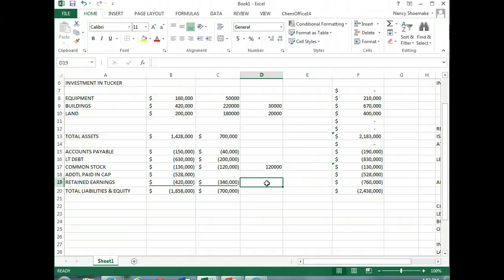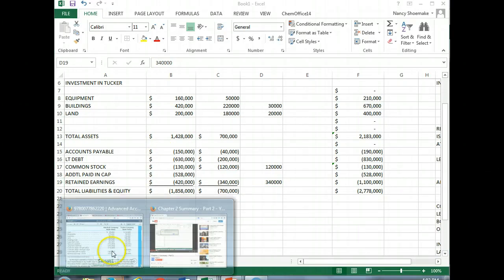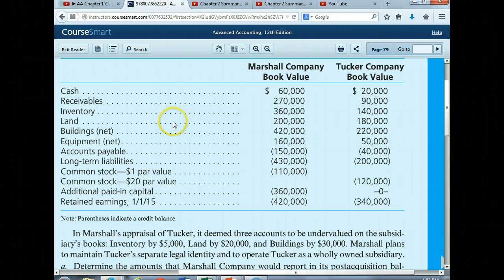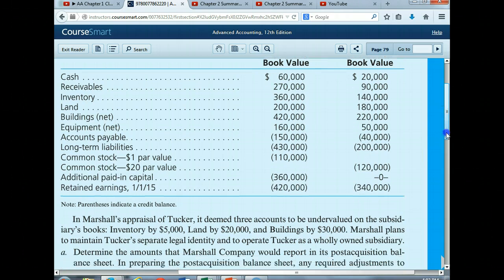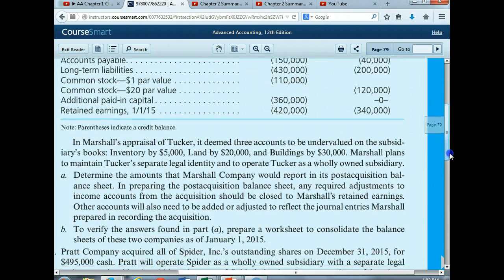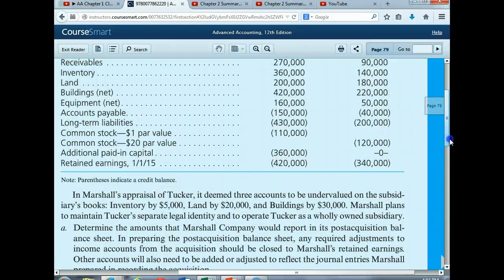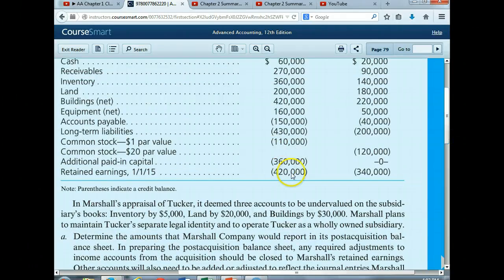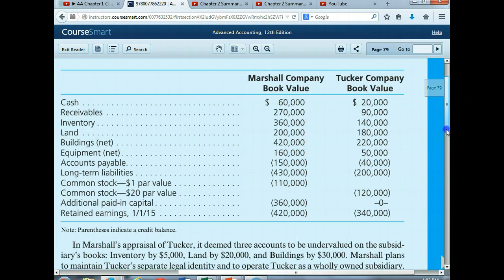And then the retained earnings is only going to be the section from the parent company, which is the 404 plus the income of the expenses. So basically, our retained earnings section is going to be, we started with 420, and what did we, verify the answers, prepare a worksheet. So basically, the retained earnings, we started with